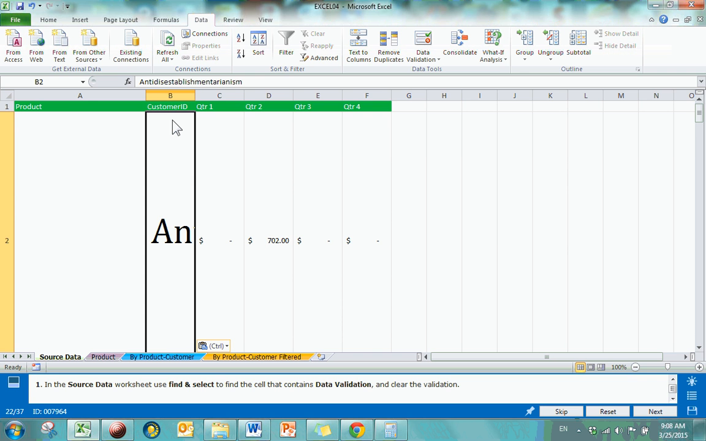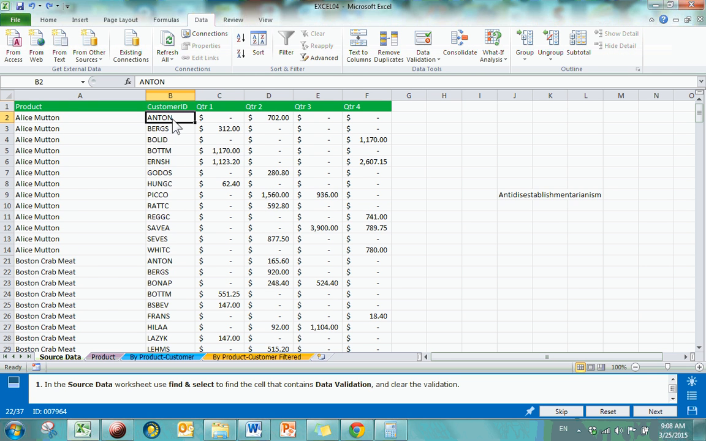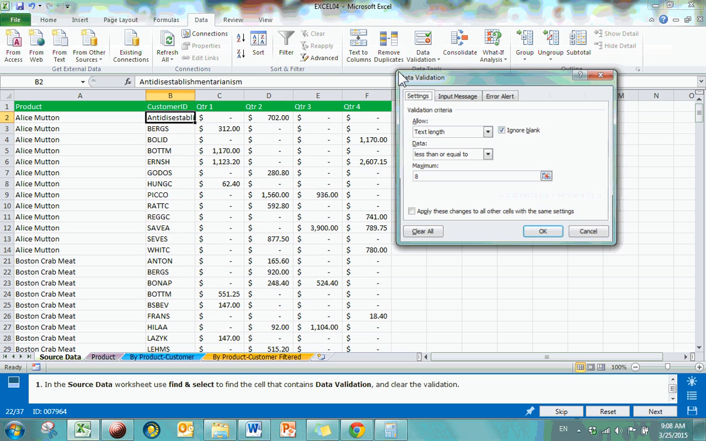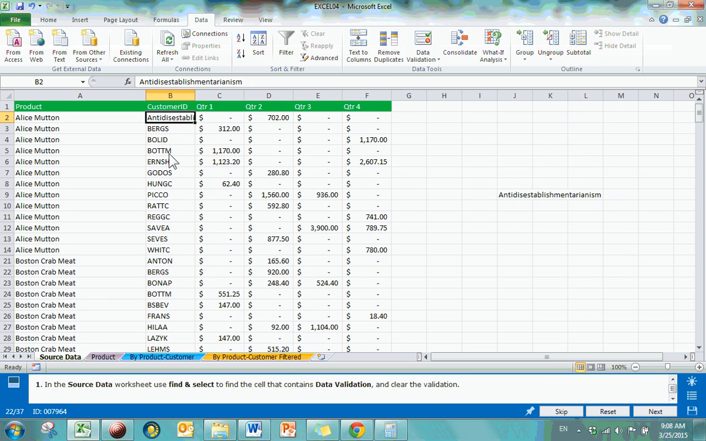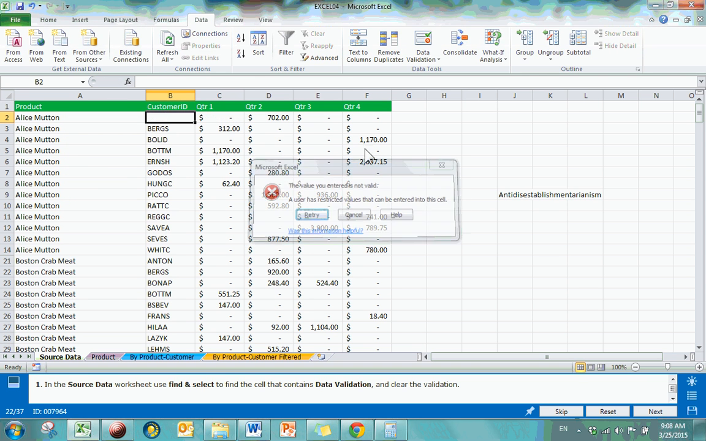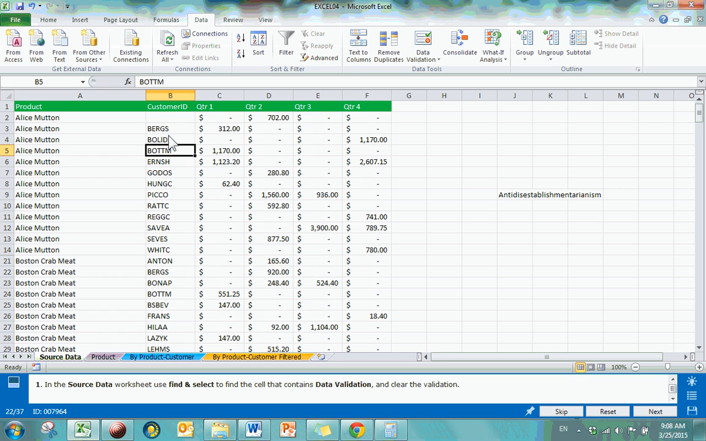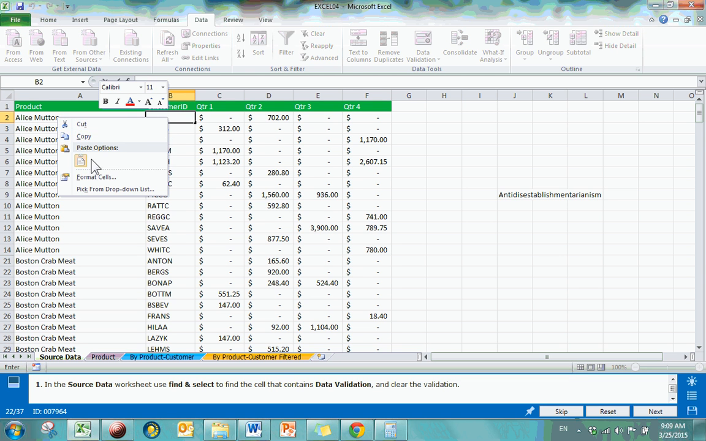Uh-oh. Oh, and I messed up something. Let me just match the formatting. Okay, so I pasted the word in here. There it is, but when I try to hit enter, uh-oh, that didn't go as planned. That shouldn't have worked. Something funny's going on. Okay, now it worked. So notice I can leave the cell blank, but if I try to put this long